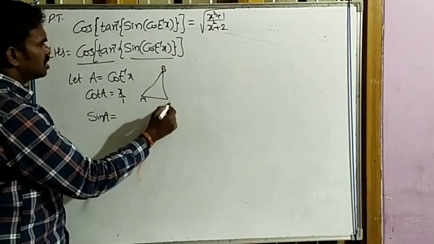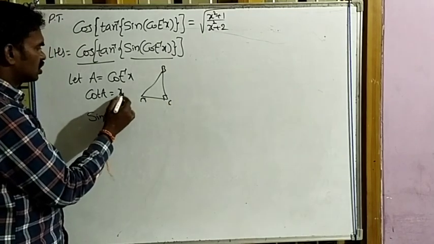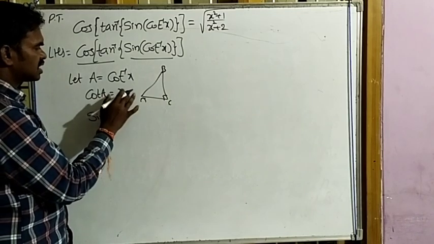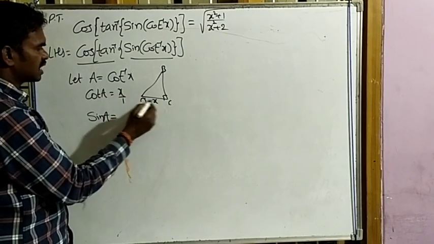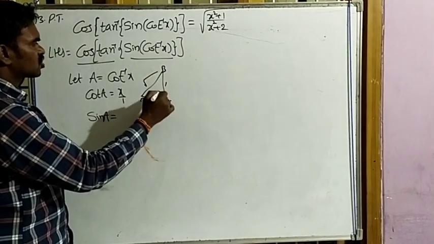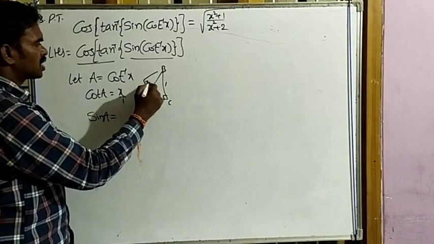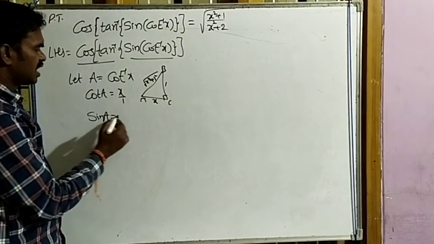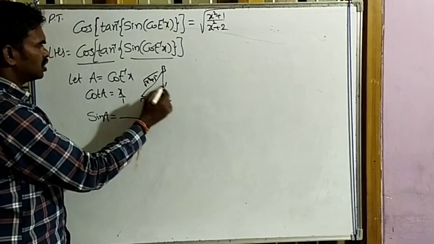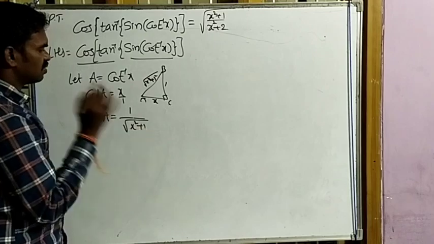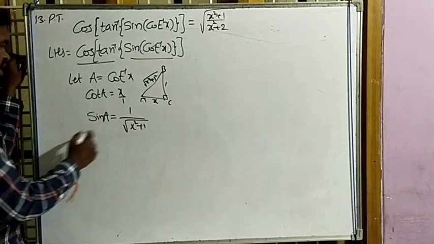A, B, C. So for cot, adjacent by opposite. To angle A, adjacent is x, opposite is 1. What about the hypotenuse? It is the root of side square plus side square, so x square plus 1 square, that is x square plus 1. Sine means opposite by hypotenuse, so 1 by root over x square plus 1. Okay, sine a